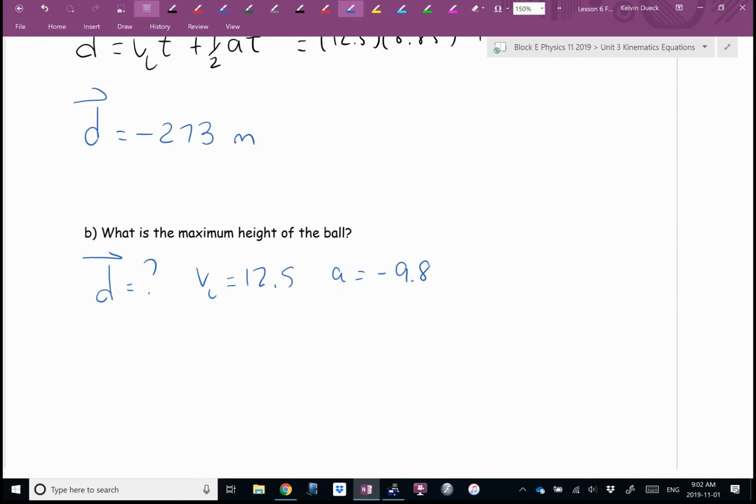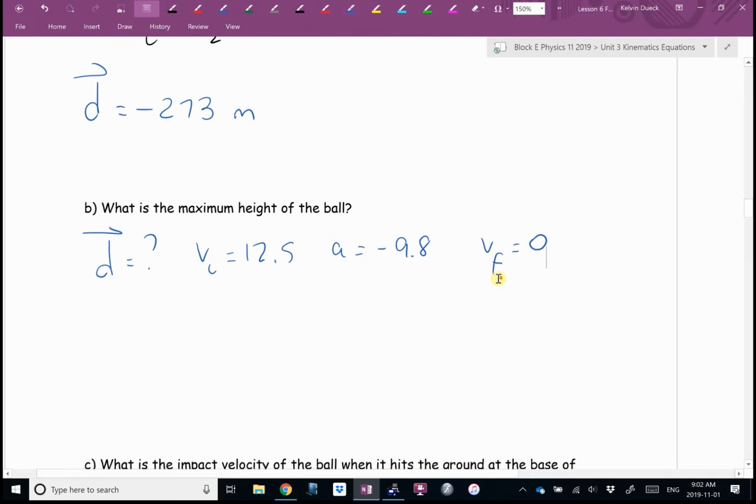Oh, what do I know about being at the top? I don't know. I've never been at the top. Well, imagine that you've had success for once in your... Never mind, that came out wrong. Pretend you're at the top. V at top is 0. Okay. Looking for an equation that has a D, a VI, an A, and a VF in it. There is one.